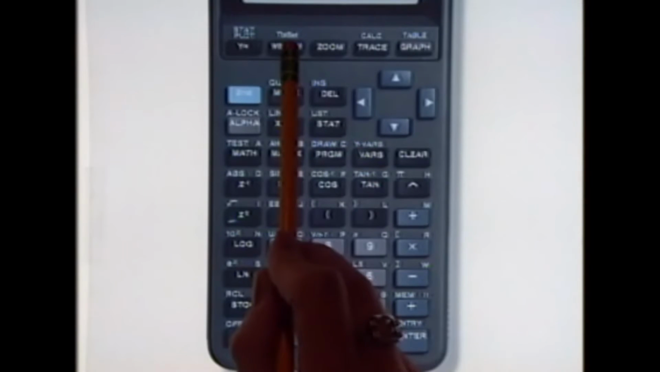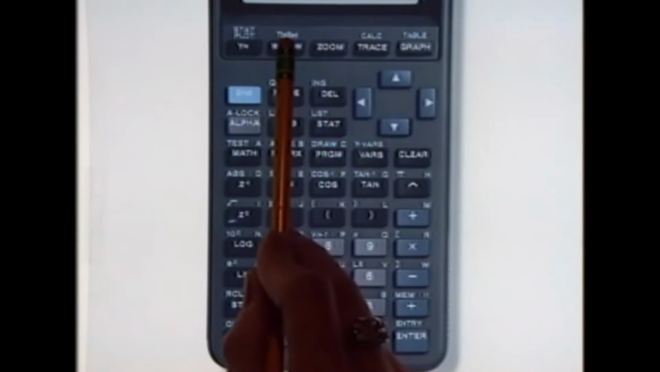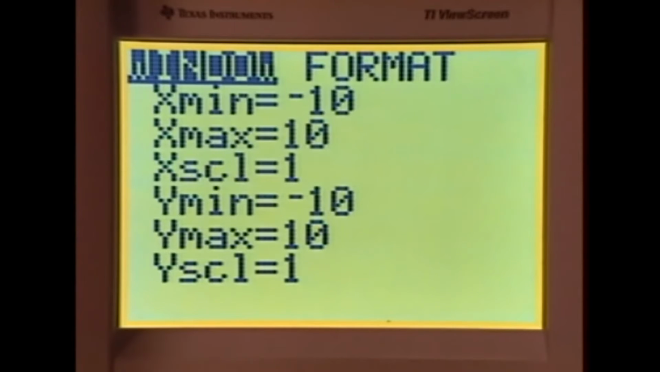Let's go to key number 2, window. Very important. This gives you the measurement of the visible window. On the horizontal axis, or the x-axis, the minimum value on the left will be -10, the right will be 10. The scale will be 1, meaning that there will be a little tick mark along the horizontal axis, one of those little marks to mark the units at every 1 unit. If I change the scale to 2, I'd have a tick mark at every 2 values, 2, 4, 6, 8,